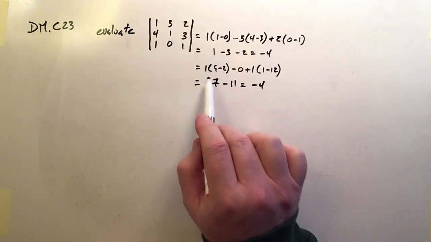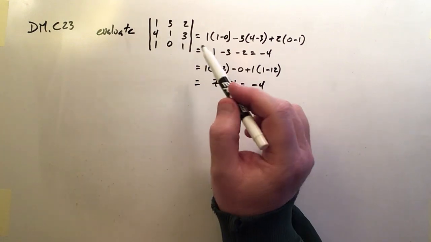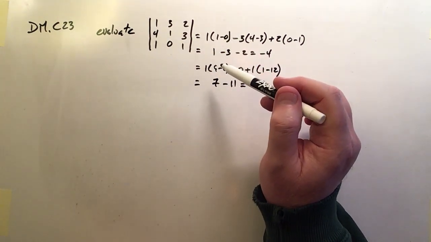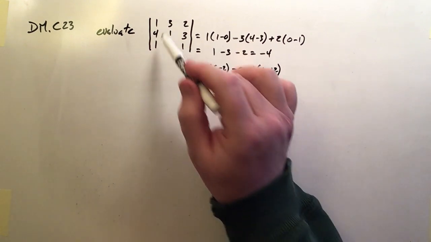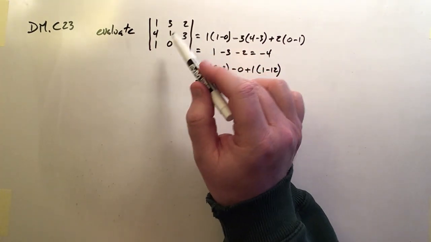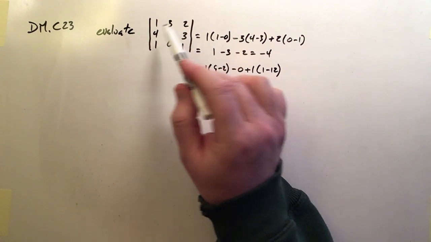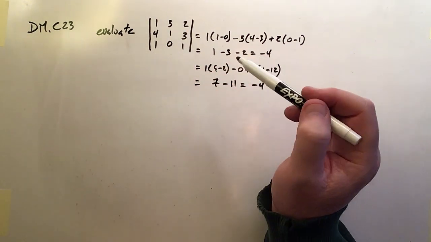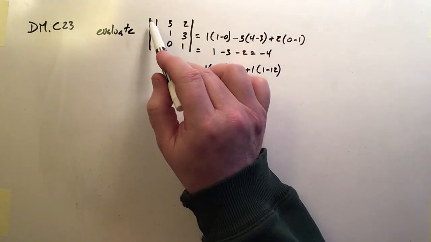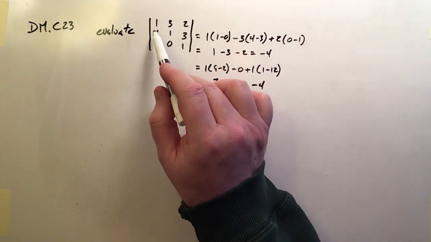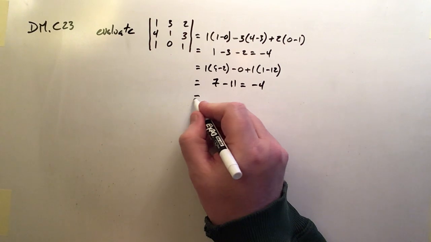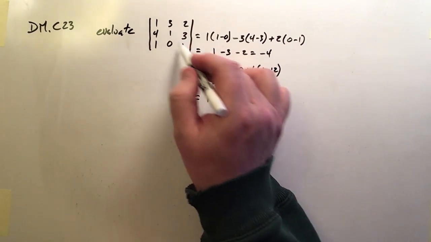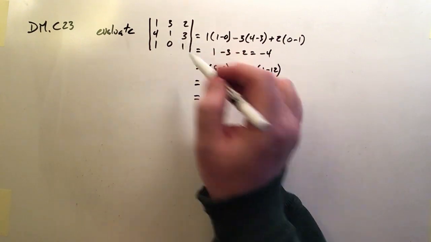Now, I showed you using coefficients from the top row and the bottom row. Can we do it with columns? Well, yeah, sure we can, and it works exactly the same way. The only difficulty with columns is you have to remember where the negatives go. In the upper left-hand corner, it always starts with a positive, then it starts to alternate afterwards. So if I'm going to use the first column, then that 4 needs to be negative. So it's 1 as a coefficient times, again, the remaining 2 by 2 is 1 minus 0,